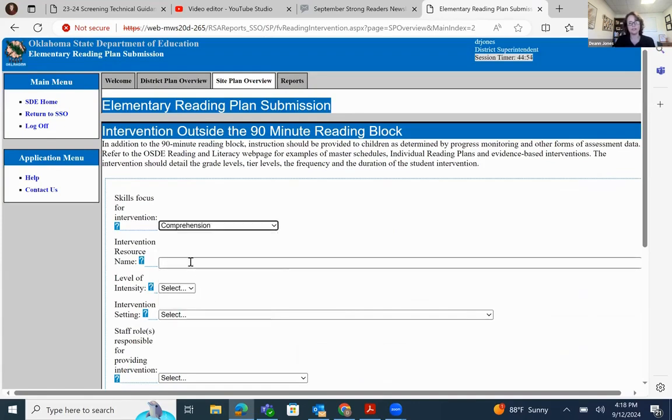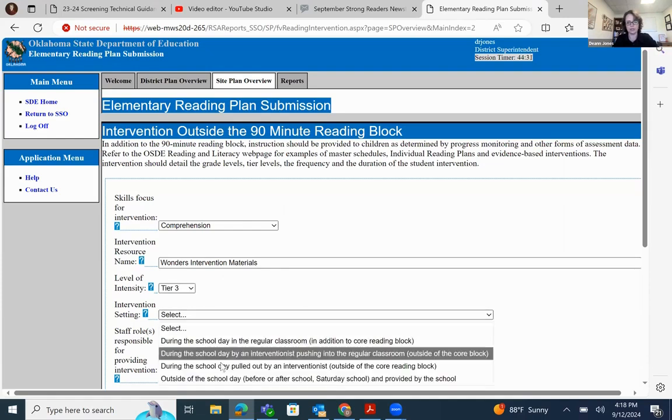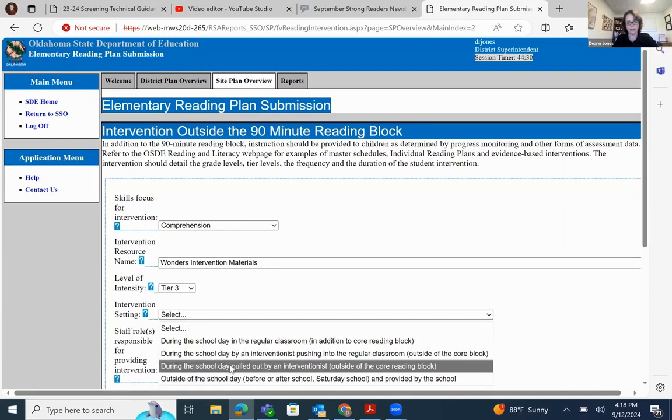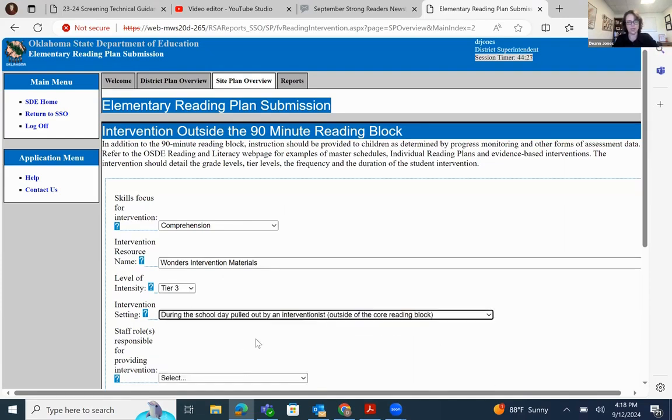For my intervention resource, I'm just going to be using the intervention materials that came with my reading program for this. So I'm going to put Wonders intervention materials. And this would be for my tier 3 group. And my setting is going to be pull out by an interventionist.